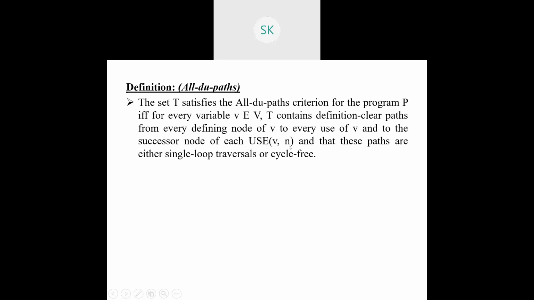Successor means next node I'm talking about. Predecessor means previous node. So every particular use node, whatever you are having, the next node to that particular node, and these paths are either single loop traversals or cycle free. That means no cycle should happen. Say for example,